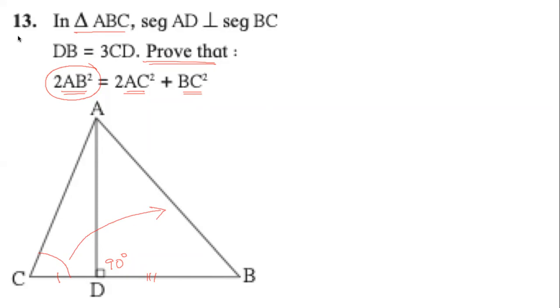If you remember, you will help me complete the equation that I'm going to write. I'm going to write the relationship between the side opposite to an acute angle of a triangle with the other 2 sides. I will start by writing AB square equals